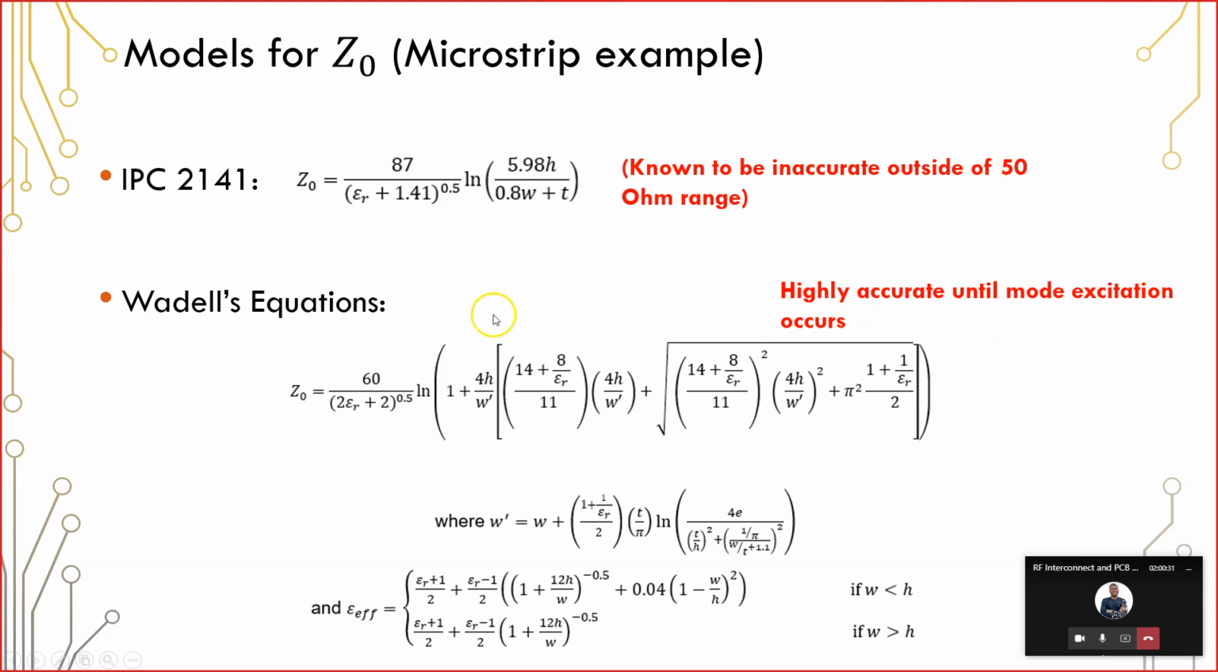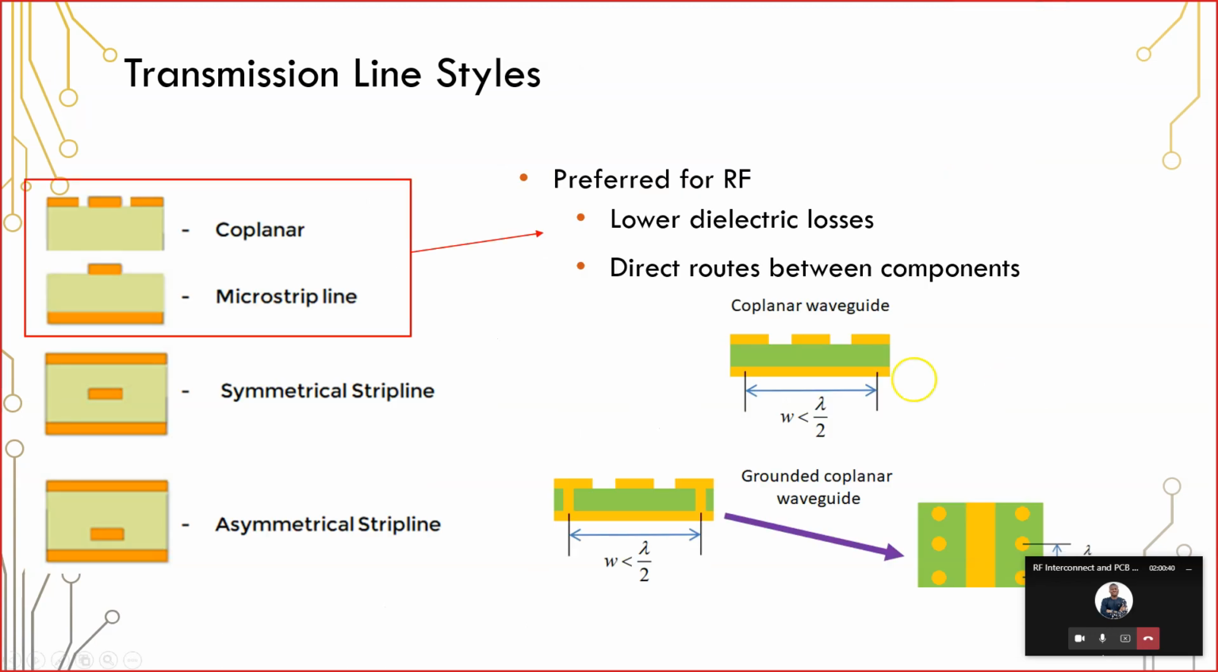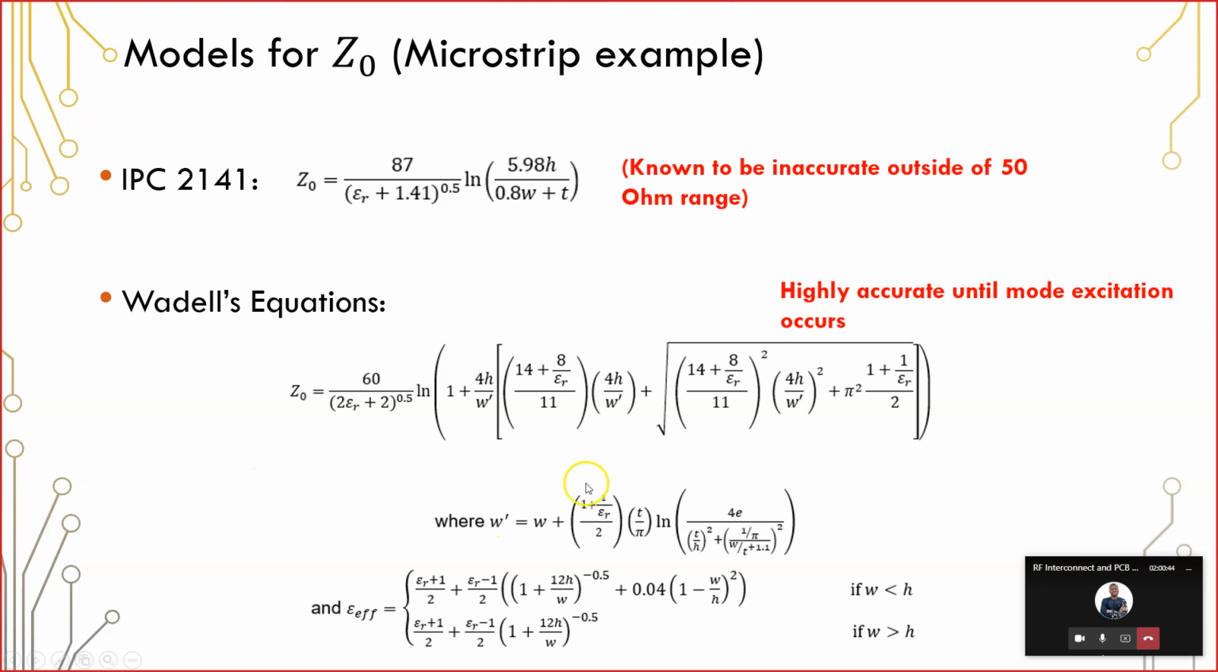But just know that as long as you're at mid-range frequencies where you haven't excited any sort of cavity mode, like inside of this grounded coplanar waveguide, then Waddell's equations are going to be very accurate. So I'm only showing here the equations for the microstrip line. However, Waddell's textbook has transmission line impedance equations for a huge range of different structures. And I mean, if you think of a transmission line that you can put on a PCB, Waddell has an